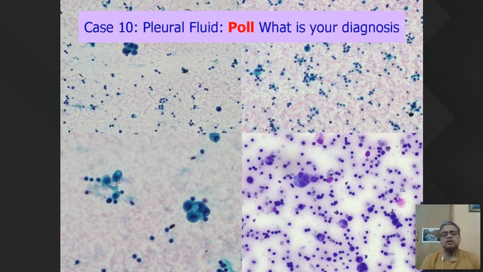But having said that, if you have reactive mesothelial cells in a pleural effusion, please look for a carcinoma, because one of the most important things which elicit a pleural reactive mesothelial proliferation is a carcinoma. So both will be present together. Because the two commonest causes of pleural effusion are tuberculosis and malignancy, and tuberculosis does not elicit reactive mesothelial cells, with the presence of reactive mesothelial cells in pleural fluid, you should look for a malignancy.